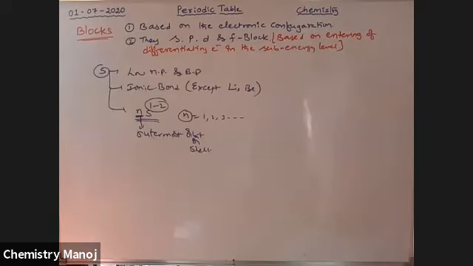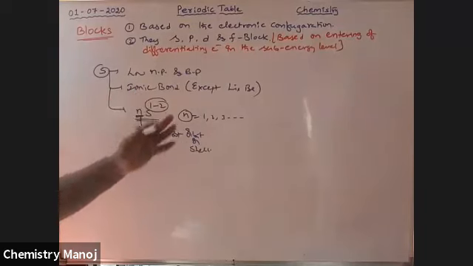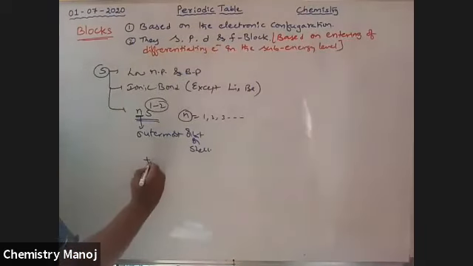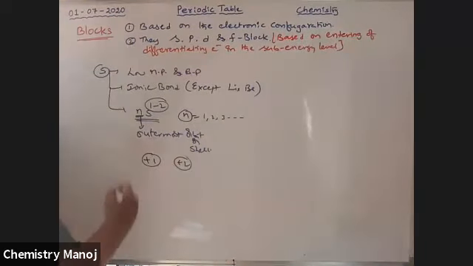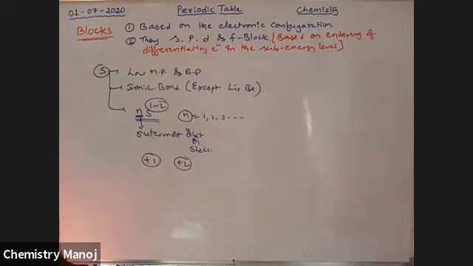Next, these are all active metals. Why are these active metals? When they react with a dilute acid and liberate hydrogen gas, those elements are called active. Next, the common oxidation states are +1 and +2: +1 for first group elements and +2 for second group elements. Next, they form ionic bonds, which is why they can give ionic compounds. Next, they have low melting and boiling points.